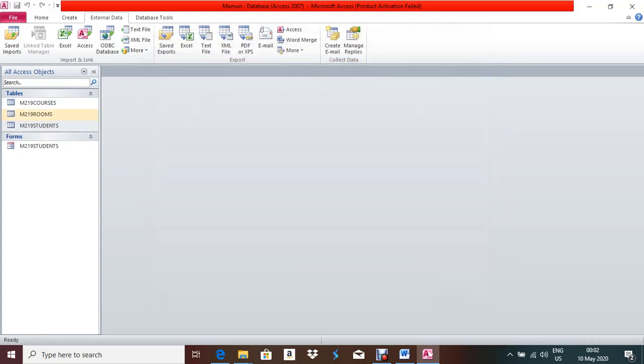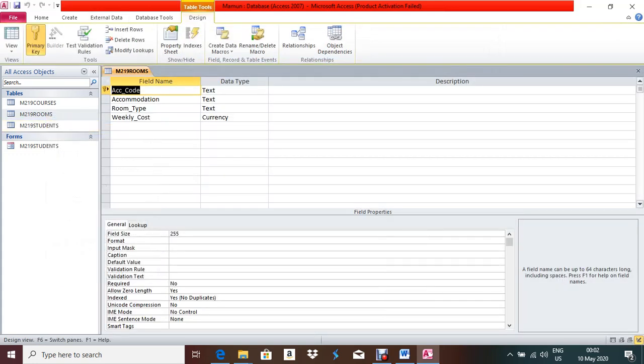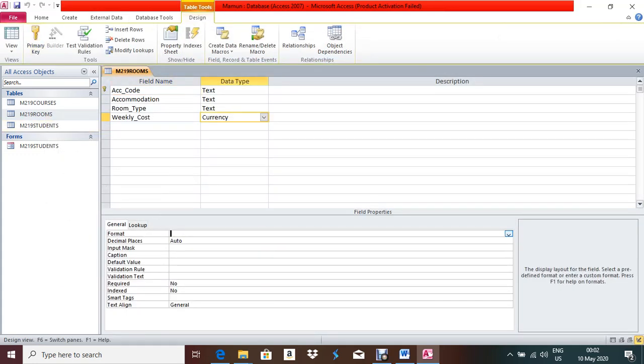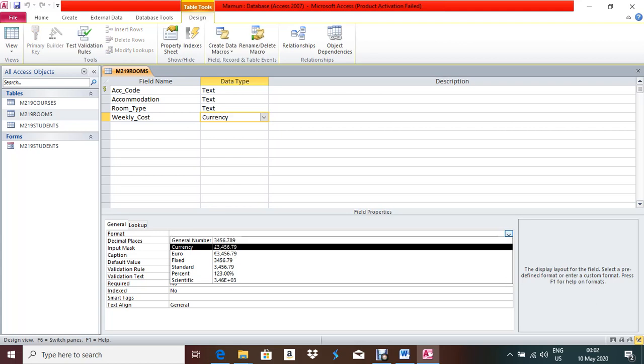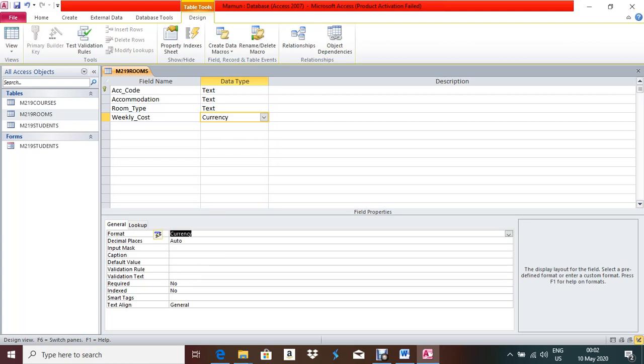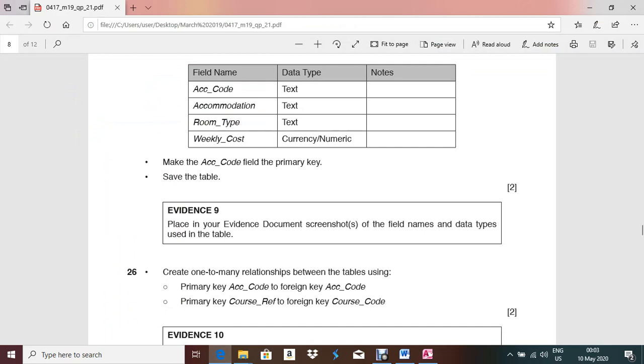Okay, this is rooms. Open this one into design view, and you know that in the beginning of the question they mentioned currency value format should be currency, so you have to mention currency here, and a decimal place is 2 decimal place they mentioned earlier, right? Okay, Control S, and after that they are asking to place an evidence screenshot to field name